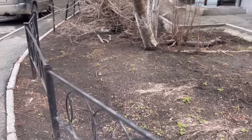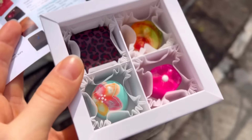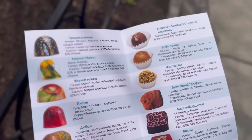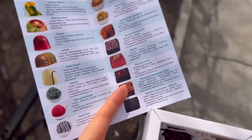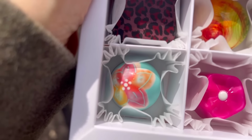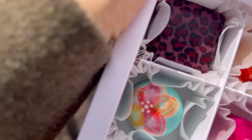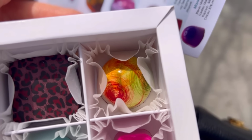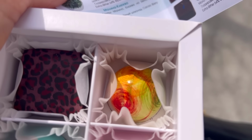Guys, I made a quick stop in one of the yards just to show you which candies I bought. I bought 4 of them and they all look like a masterpiece. The lady also gave me this booklet which says what they all consist of, because you cannot really say what they are just by looking at them. So the first one, this blue one, is called fox tea and it's made of tangerine and basil, and then maracuja and dark chocolate. Then this yellow one with red circles is called spicy mango and it consists of mango,